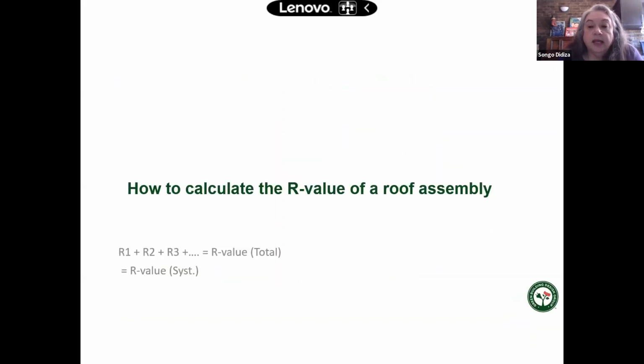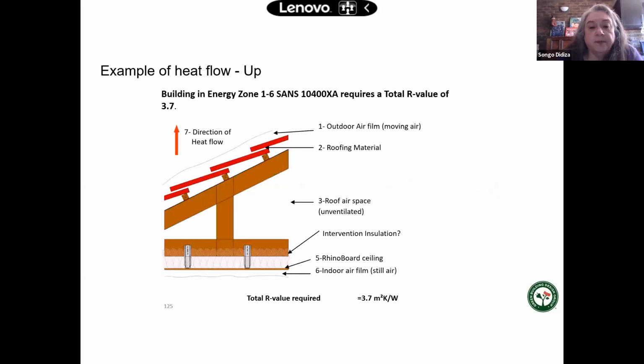So let's look at how to calculate the R value of a roof assembly, and as I said, it's the same with the wall. So we've got this typical roof. We've taken the direction of the heat flows up, so it's a 3.7 type area. Now, when you look at your requirements for R value, there's these little things